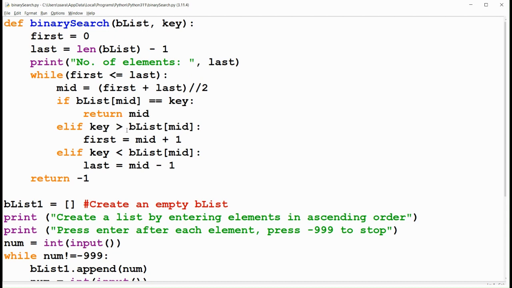Else, if key is greater than the element at the mid value, then set the first to be mid plus 1, meaning the key is present in the second half of the current list, and the next pass will go from mid plus 1 till the end of the list. Else, if key is less than the element at the mid value, then my key is present in the first half of the list, so the next pass will go up to mid minus 1. Else, if nothing is matching, then return